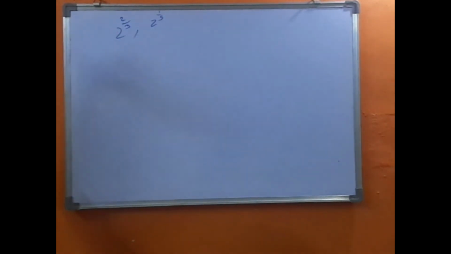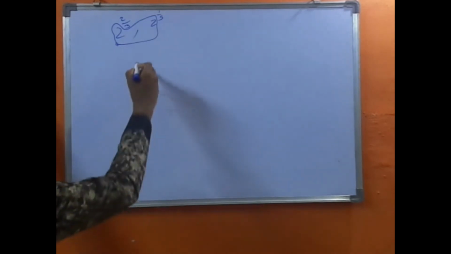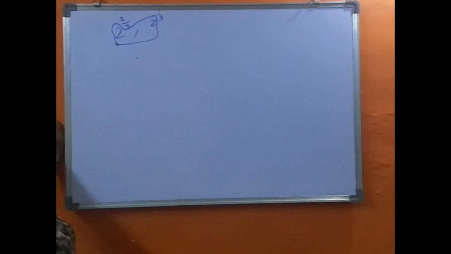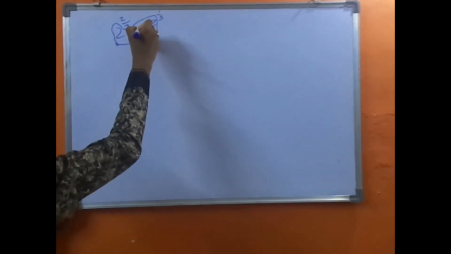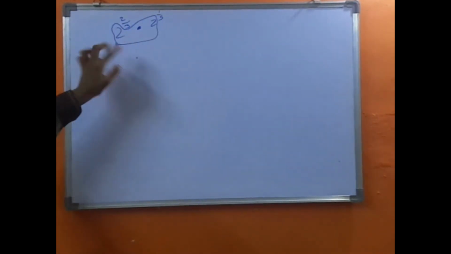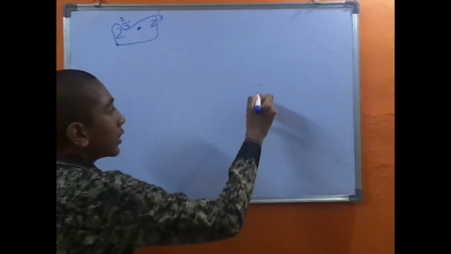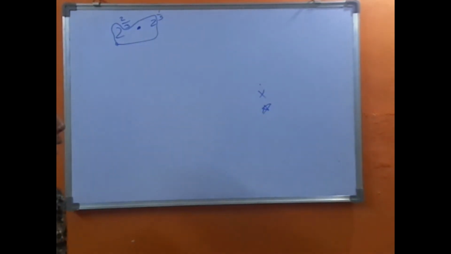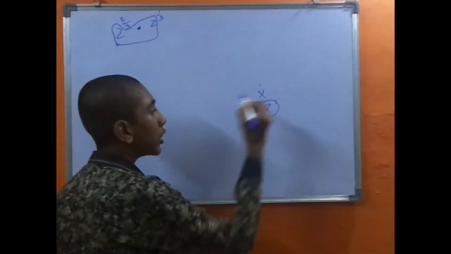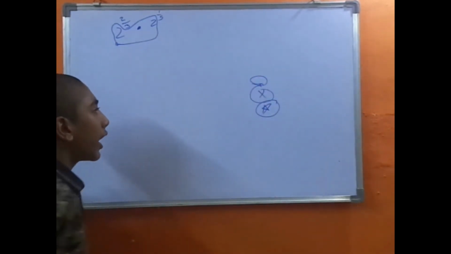So what can we do? As bases are equal, we can add the powers. They gave it a dot. So this dot means multiplication. Dot is multiplication, this is multiplication, and this is also multiplication. This we use in computer language while writing, and this is used in higher studies.